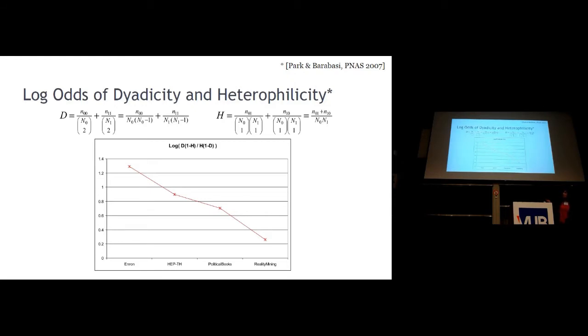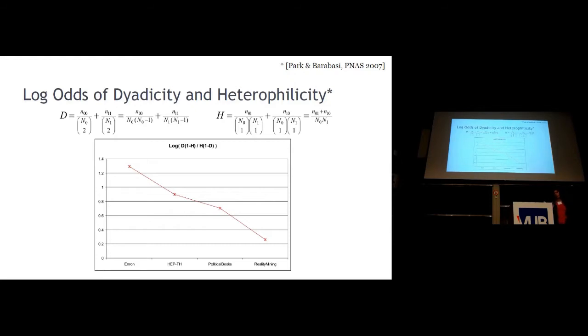Plus little n11, which is the number of edges that I have that connect a node that's labeled 1 to another one that's labeled 1. And again, I'm going to divide it by how many possible I can have. And then he sums it up, and this is what you get. So that's dyadicity. And then heterophilicity is the reverse, which is I